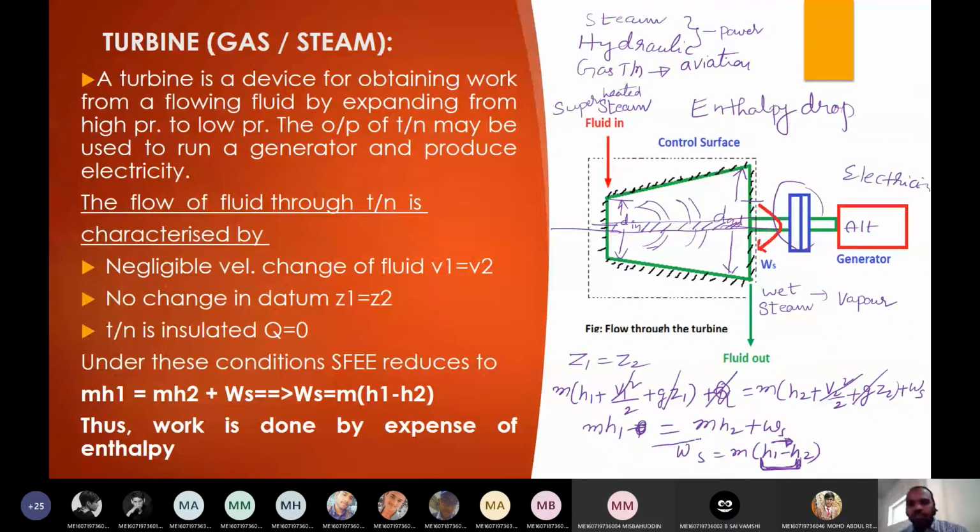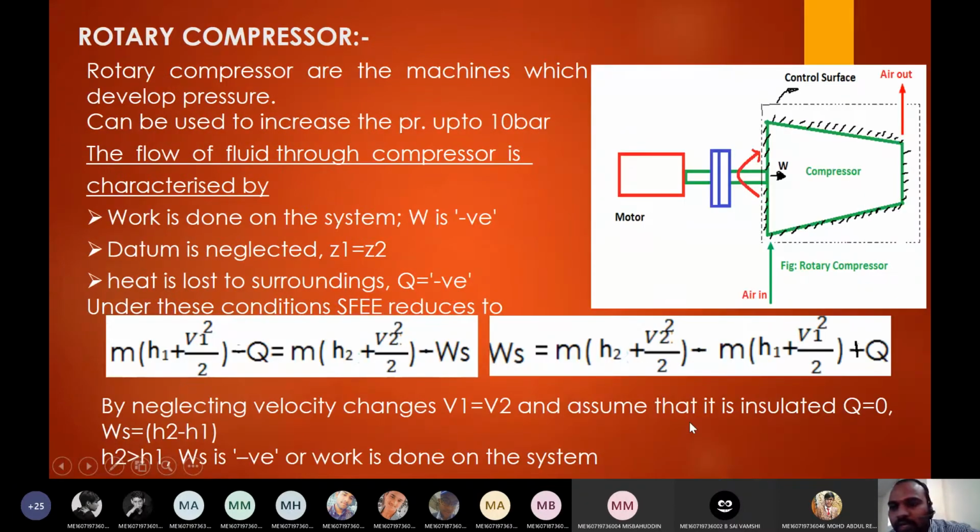Okay, now opposite to this, we will discuss the compressor. If you see the cross section of the compressor from inlet to outlet, the inlet diameter is more than the outlet diameter. Diameter is decreasing, yes or no? Now, as we know, a compressor is a device which is used to increase the pressure of the fluid, whatever that may be, either air or any fluid.